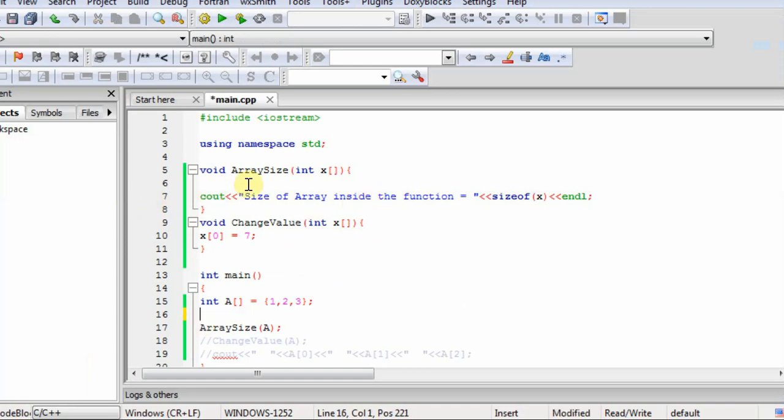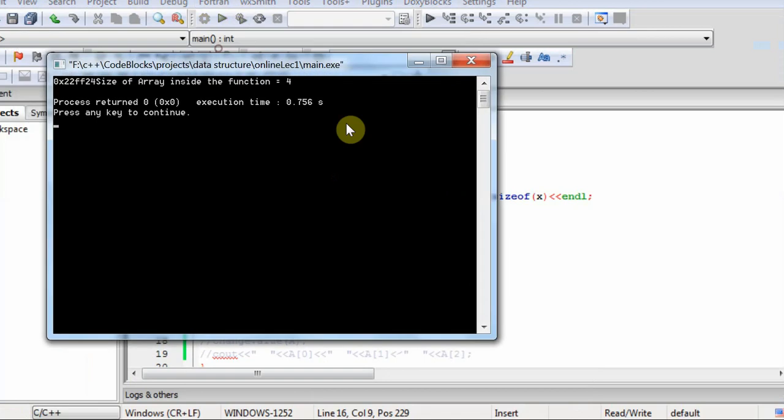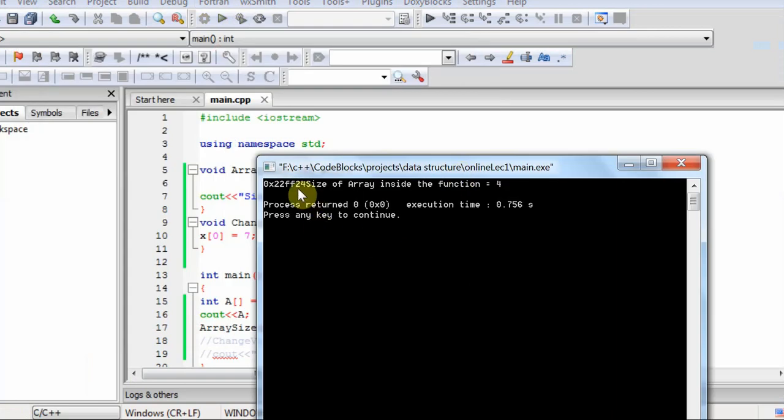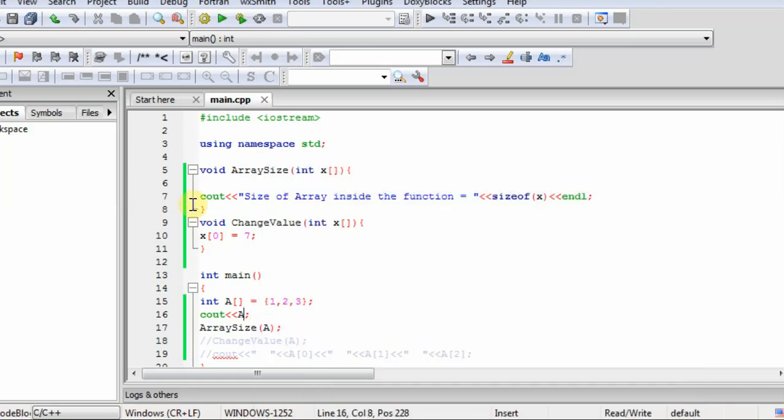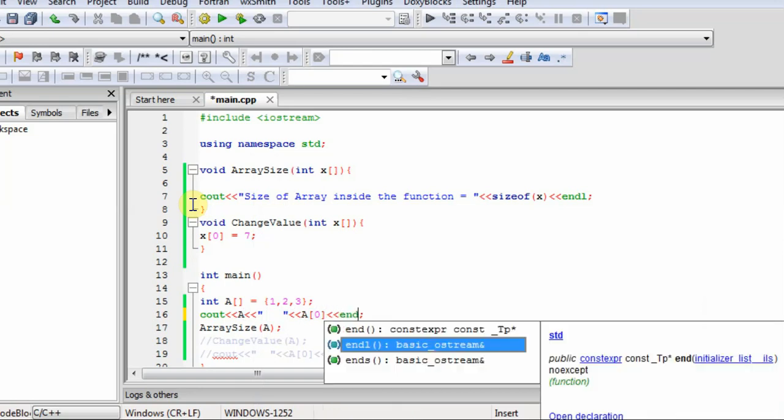Look at this. If I print A, what will it give us? It is giving us some address. Why is it giving us an address? Now also print the address of the first element of the array, and then we will look at the output.